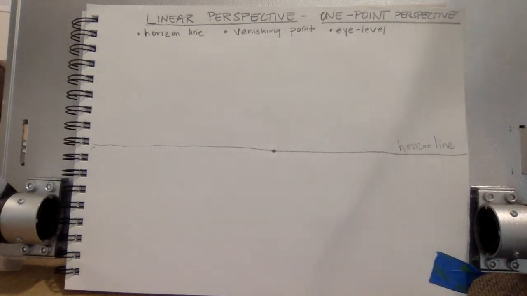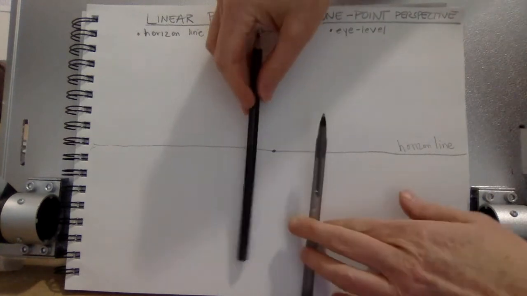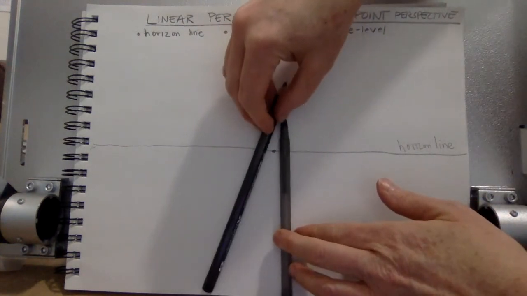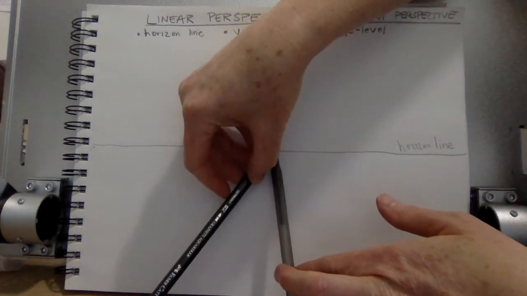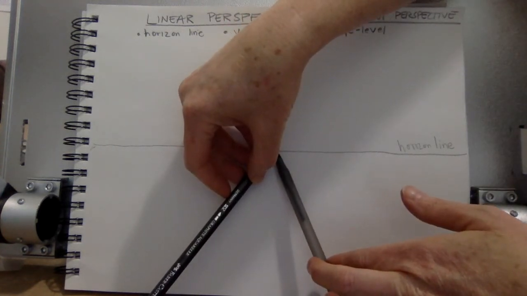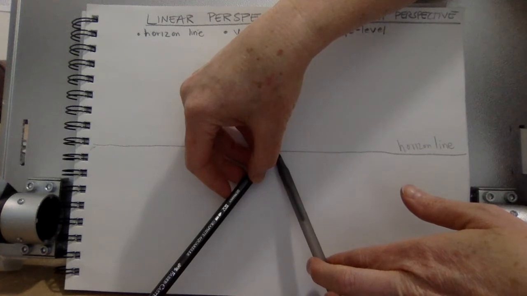So if these were two sides of the train track, they would appear to come together right at that point, right? If you're standing in the center of the train tracks and looking down, they're going to look like they touch,